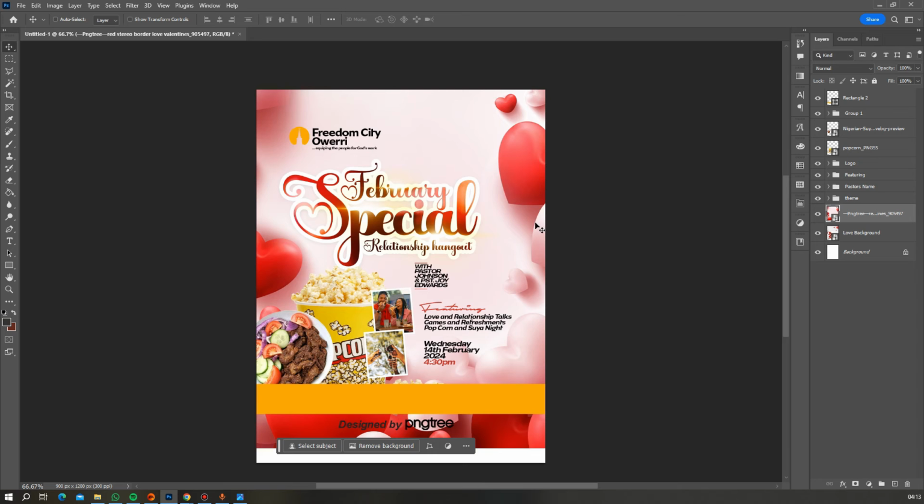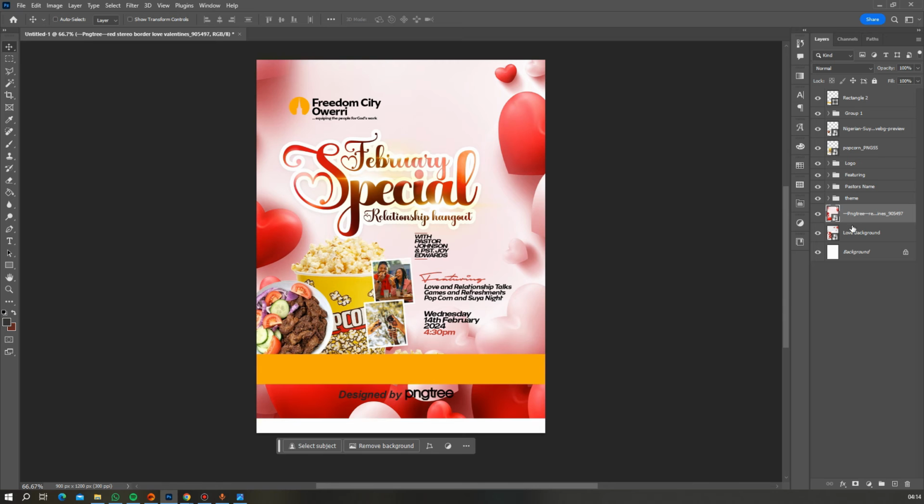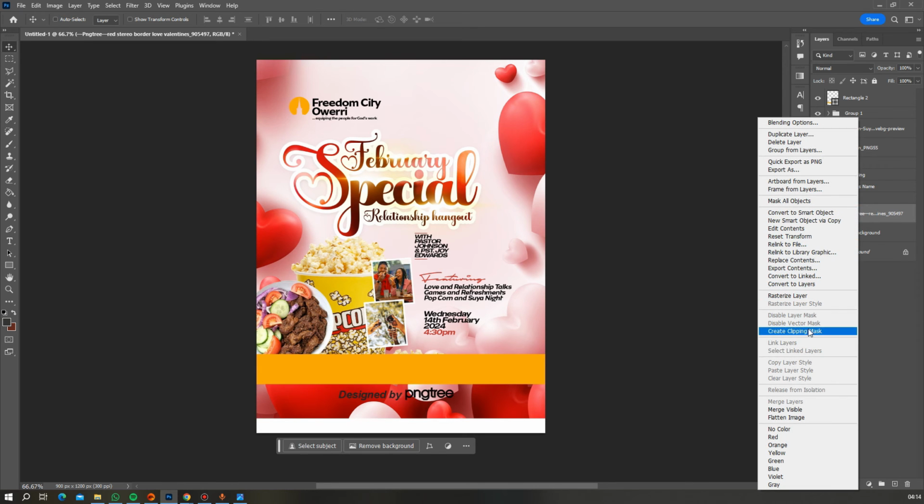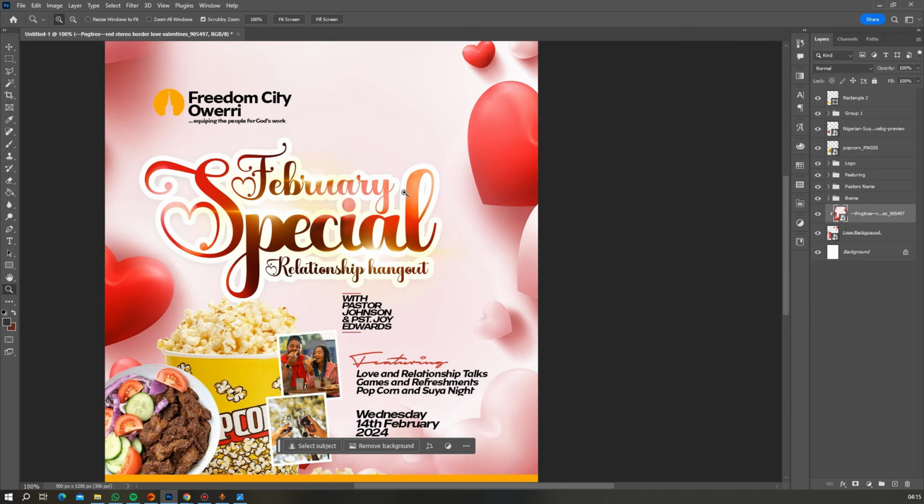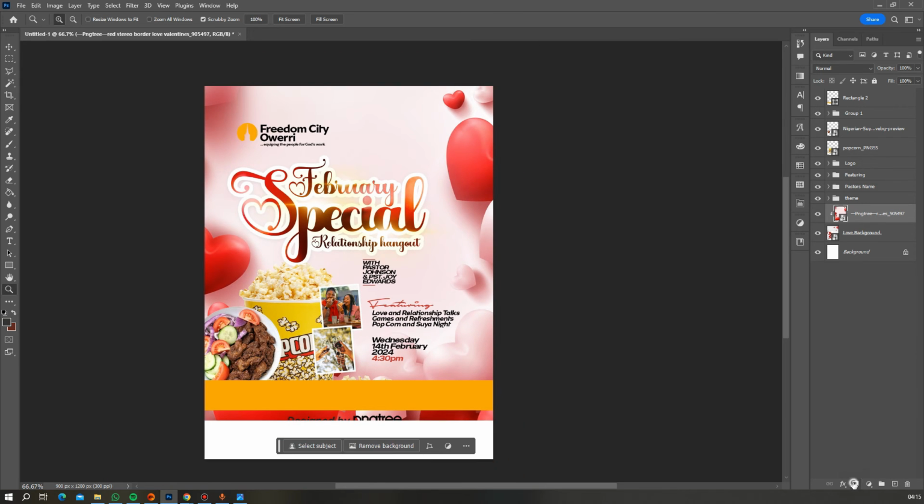Actually, this background looks better than the previous one we used. I wanted to use it for the lower part, but coming to think of it, I think it looks nice as a replacement. Or should I just create a layer mask and then just